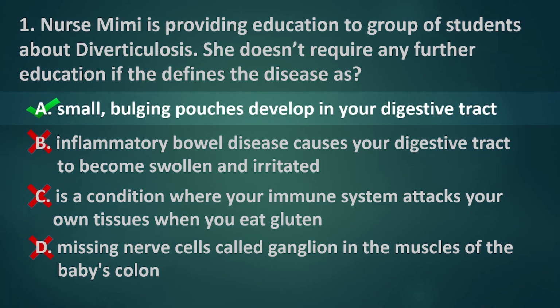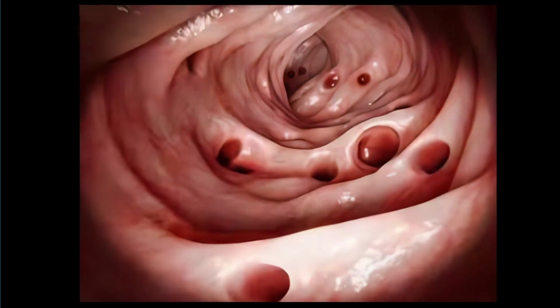The correct answer is letter A. Diverticulosis are small, bulging pouches that develop in your digestive tract. When one or more of these pouches become inflamed or infected, the condition is called diverticulitis. The exact reason why diverticula develop is not known, but they are associated with not eating enough fiber and inadequate